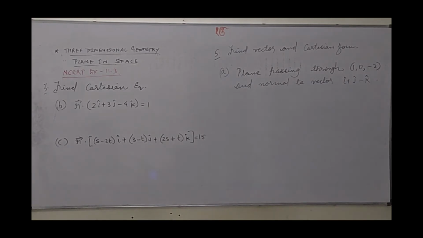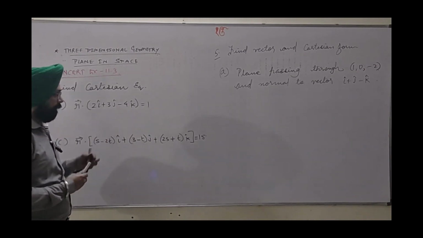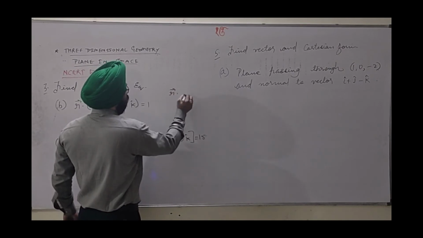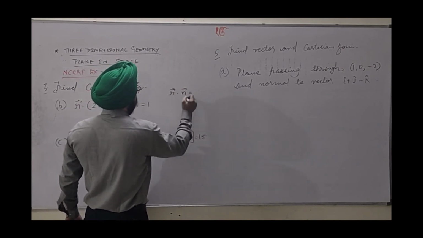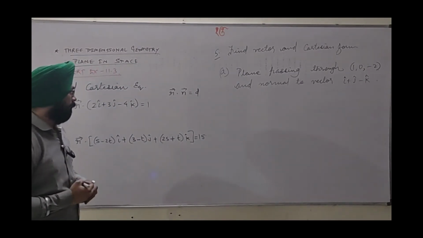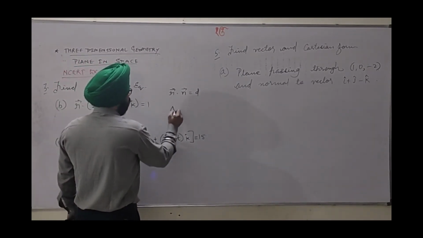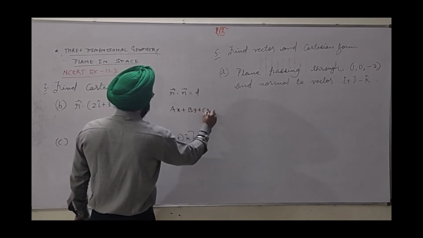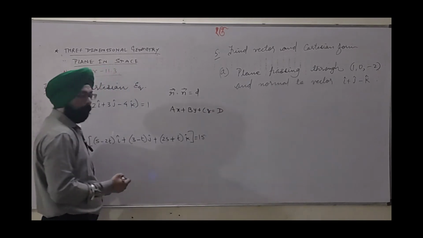I have cited equation number 3 here. Again, it is a basic equation. Find a Cartesian equation. That is, the vector form is given, and we need to convert that into Cartesian form. Now, again, let me tell you, this is a general idea. You are given a vector equation of a plane r dot n vector equal to d, which we have seen recently in the concept. Its Cartesian form is given by ax plus by plus cz equal to d capital.